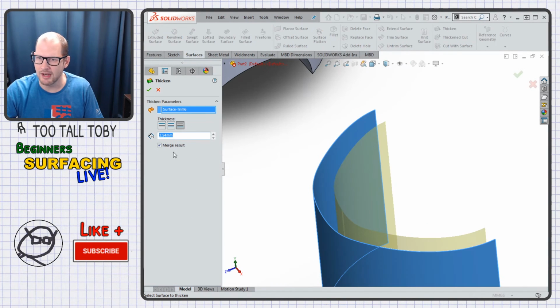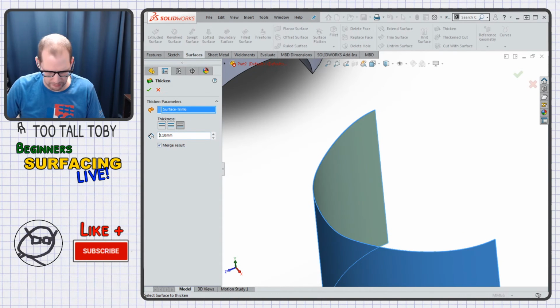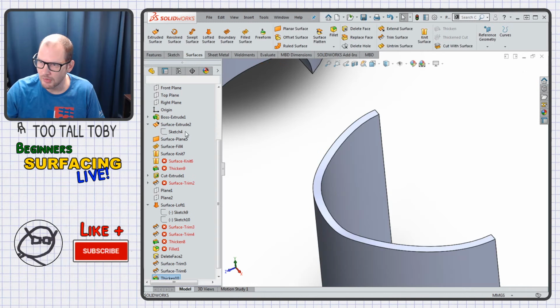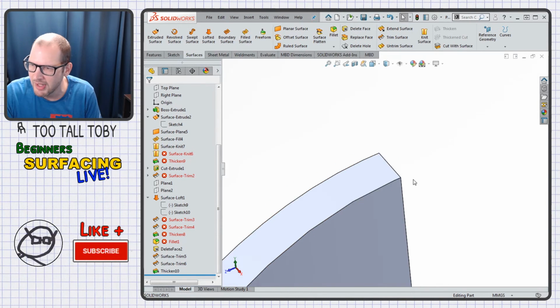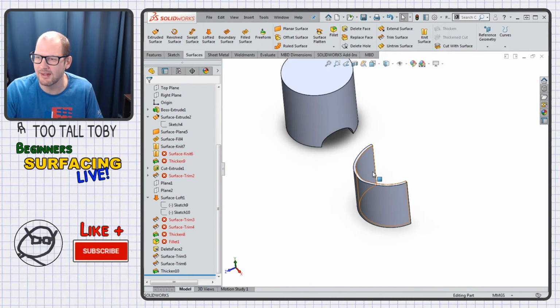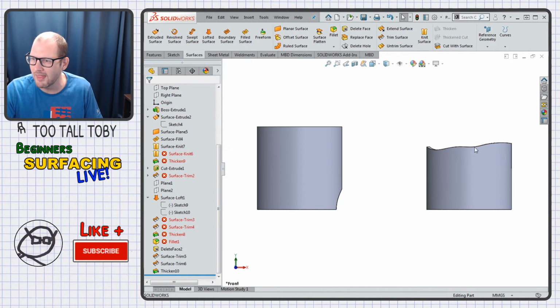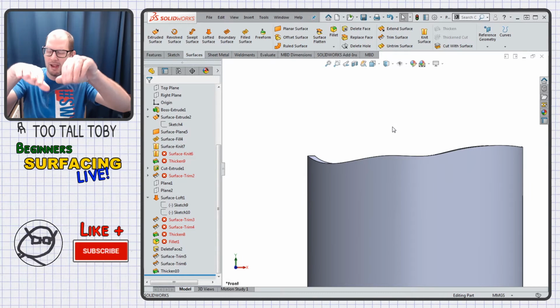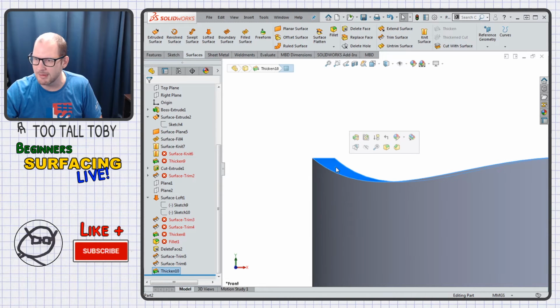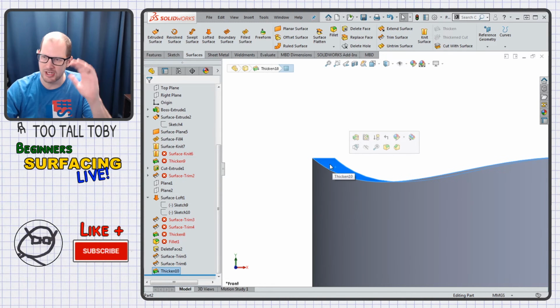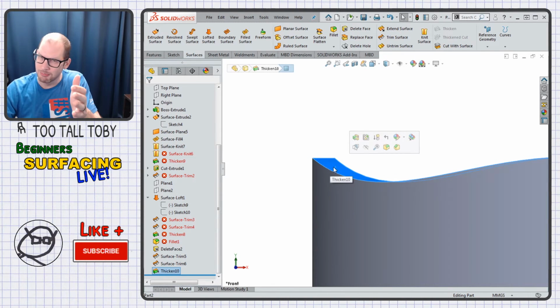So if I go to thicken here, and I say I want that to thicken to, say 0.1, to 1 millimeter, there's always that question of what's happening right here. What is happening with this thickness? Is it perpendicular to this edge? And where that question really becomes complicated is if we have this as a thin feature and then we try to do a loft cut through there, what's the loft cut going to look like in the front view? It's not going to look like this. It's just going to be cutting straight through. You're not going to see this extra edge here where it's wrapping around,